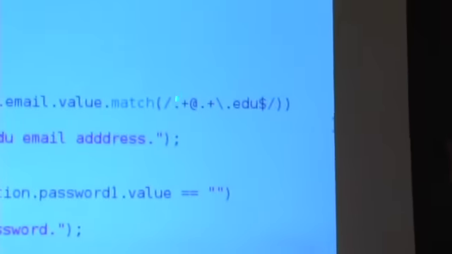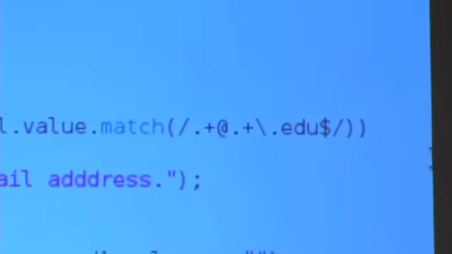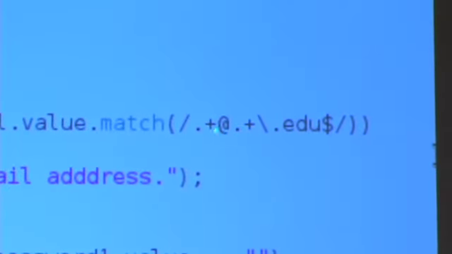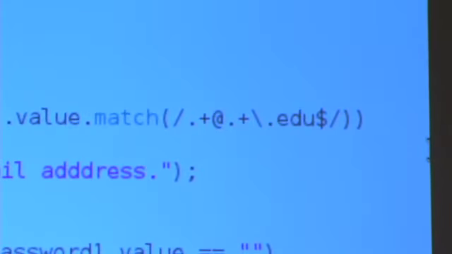The pattern here is dot, and dot generally denotes anything, some character. Plus denotes, anyone know? At least one. So plus means one or more. So this expression, dot plus, means some character, whatever character, one or more times. And it doesn't have to be the same character. It just has to be a character, one or more times. @ sign means the @ sign. Then we have dot plus, which is the same thing again. It doesn't have to be identical to the characters, but it means one or more characters here.